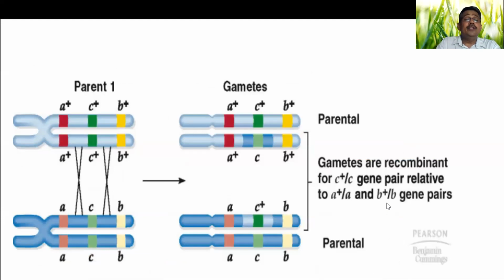Normally people use the three-point test cross in order to find out how much recombination happens between A, B, C. If you take three alleles at a time, A plus, C plus, B plus, and look at the gametes, which are recombinant types and which are parental types, we can easily calculate it even if a small portion exchange happens. Anyhow, the parental type will be 50%. The recombinant types will be all the possible combinations, such as A, B, A, C, B, or A plus C, B plus, or A, C plus B. So you can easily find these kinds of recombinants.